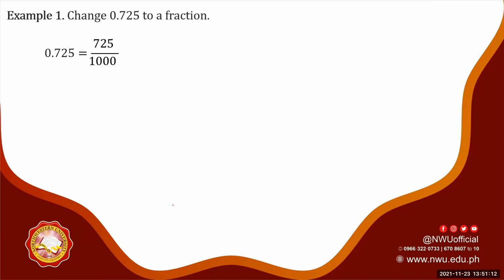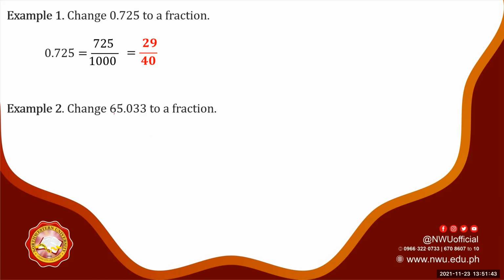And if you do that, you can use your calculator. You will be able to get 29 over 40. So using your calculators, you can double check whether the fraction is the right answer or the equivalent fraction of your decimal number. So another one is